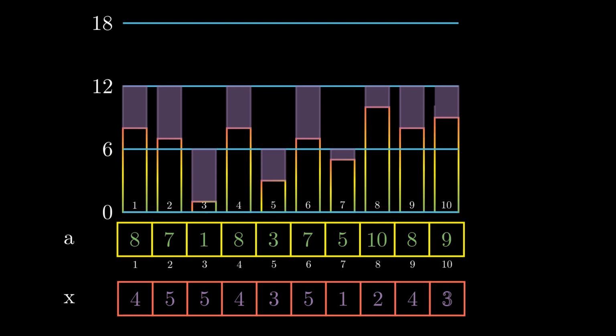Intuitively, it seems that if you get the highest element from the array x, then you would need the value of x to be that highest element. But there is one more catch in the problem. The problem states that in one move, you can only choose a single index from the array and increase its value by x. Now let us consider what will happen when we want to increase the value by 5, that is, when x is 5.